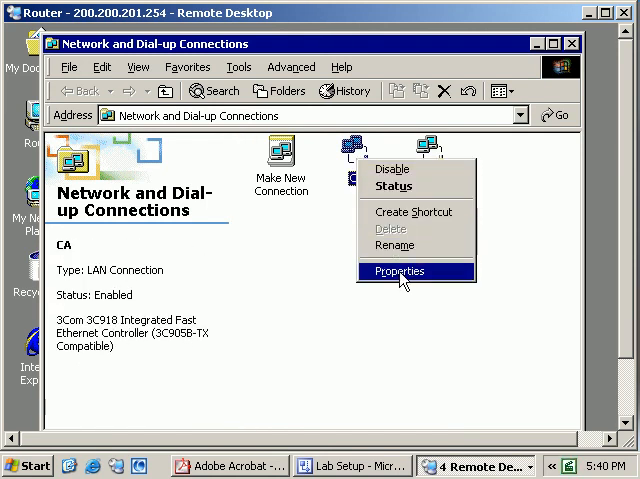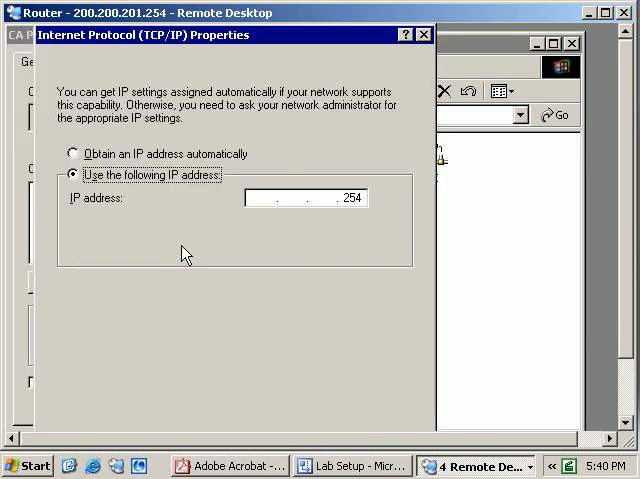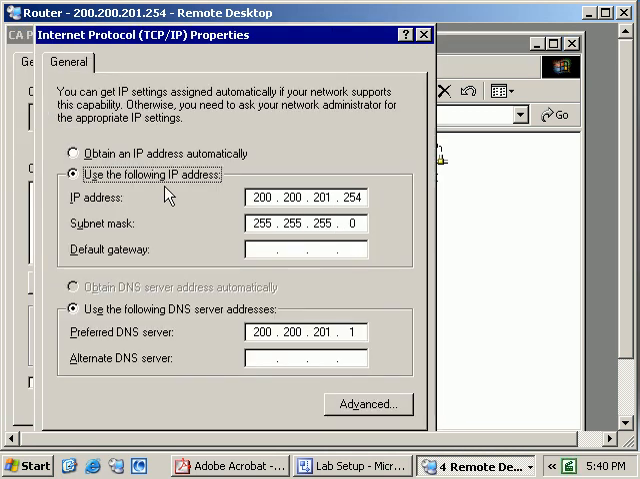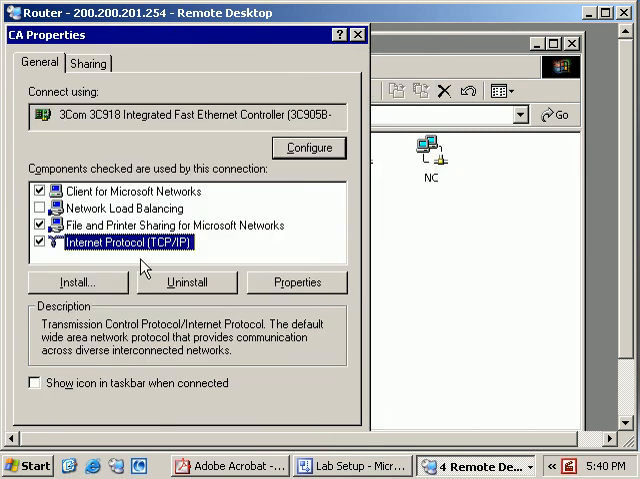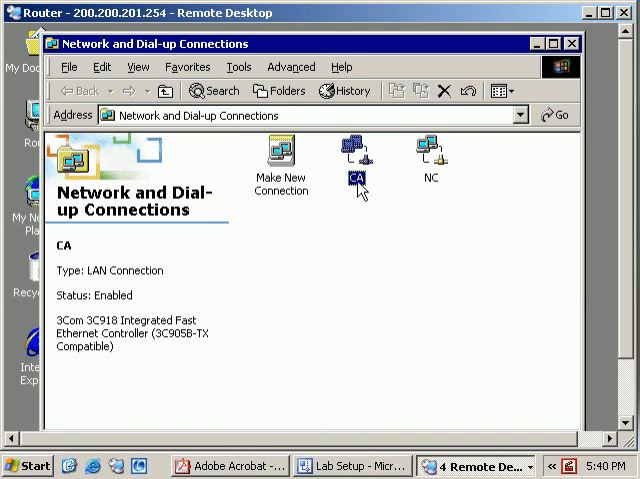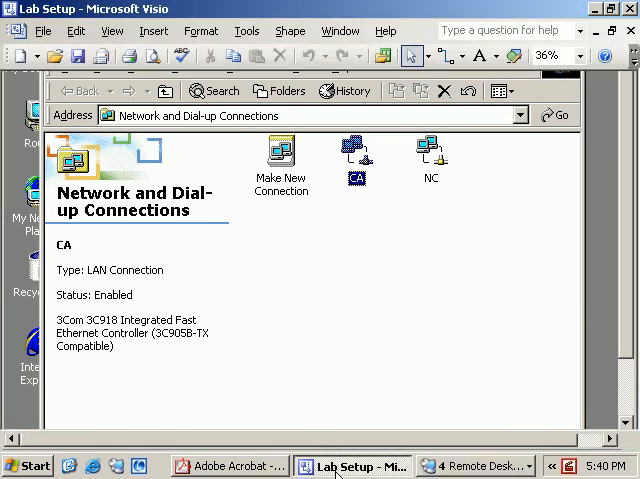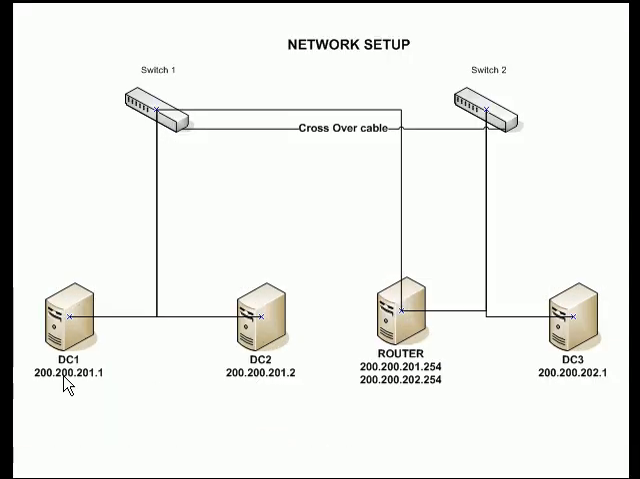And this CA object, if I were to go to the properties of this particular one, you will see that this is housed in the first network. Hence the IP address that I'm using for this particular interface is 200.201.254. And again, the DNS server is 201.1. In other words, this particular interface is connected to switch 1. Let me take you back over here. So what I showed you was the 201.254 interface that is connected to switch 1,